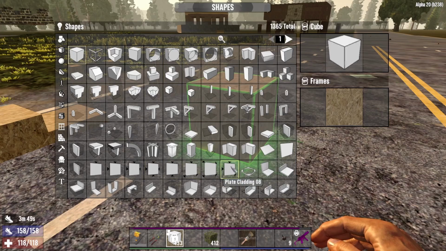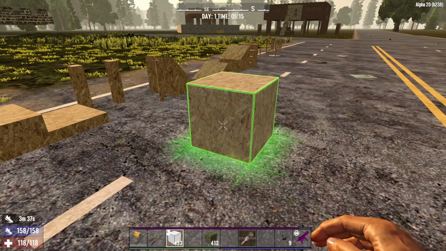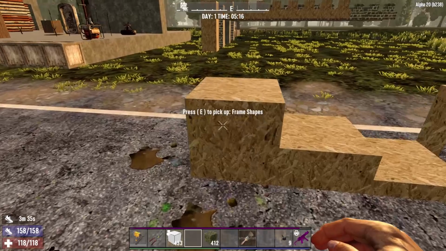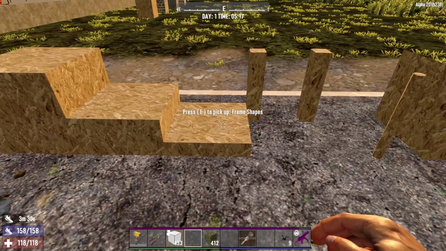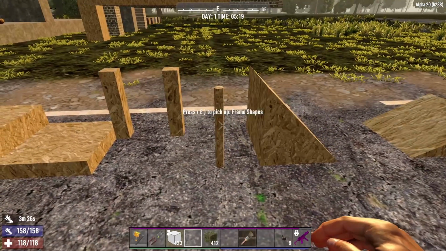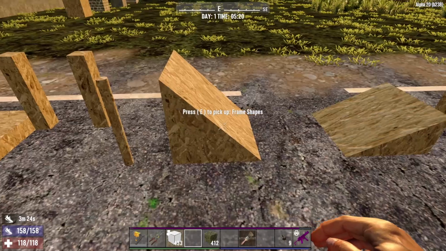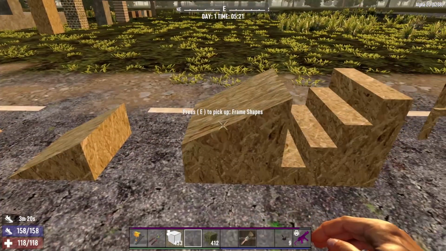1,365 different shapes. The vast majority of these shapes you're going to find little use for because they're mostly just for cosmetic purposes, but you can still choose to build with them if you like. The most common shapes you're going to come across are the full cube, the half cube, the plate poles, round poles, the wedge, or should I say the ramp, the wedge tip, and the wedge, and you can see